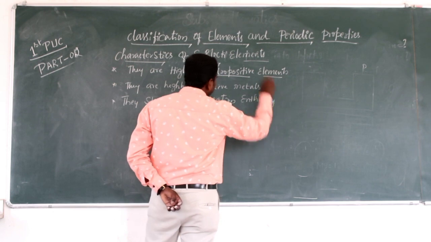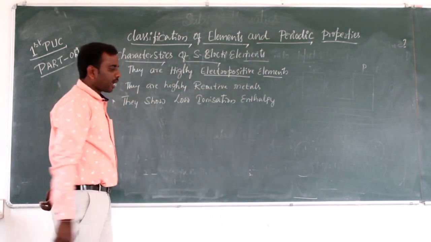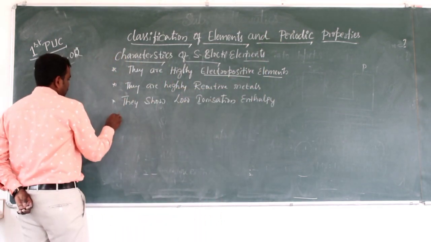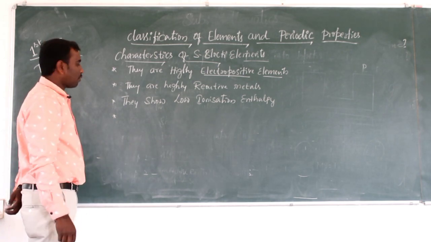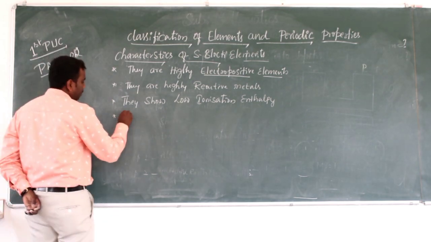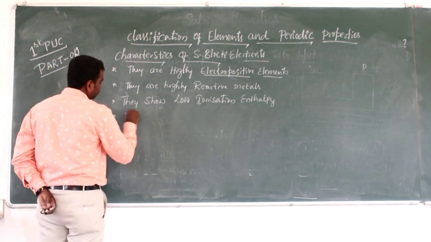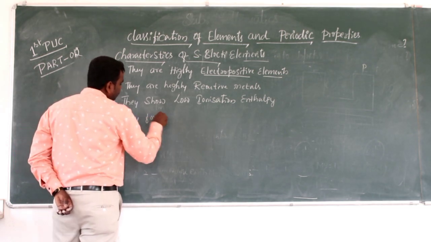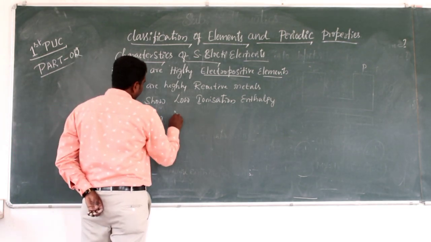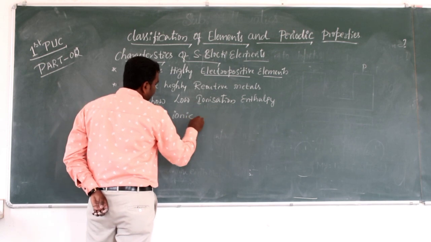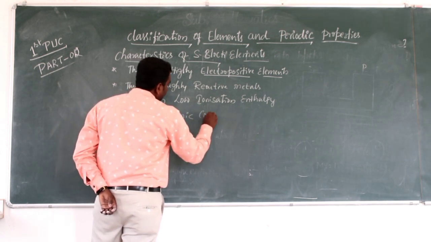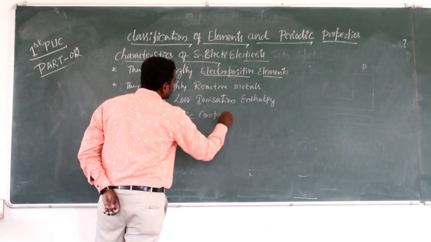Low ionization enthalpy, right? Next, the fourth one is they form ionic compounds. It is very important, right? They form ionic compounds,